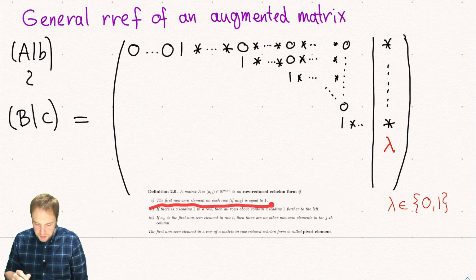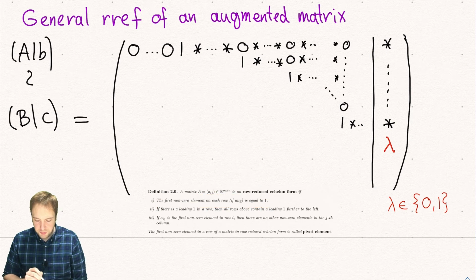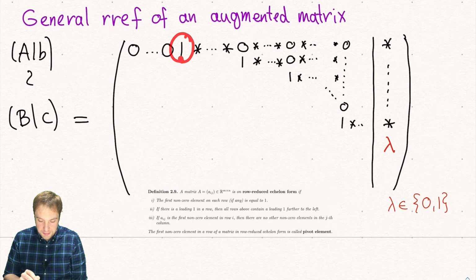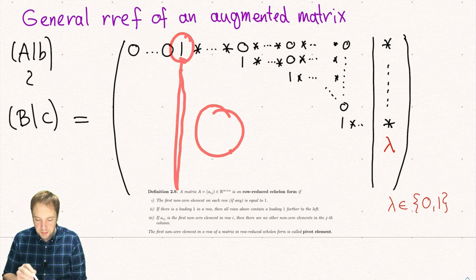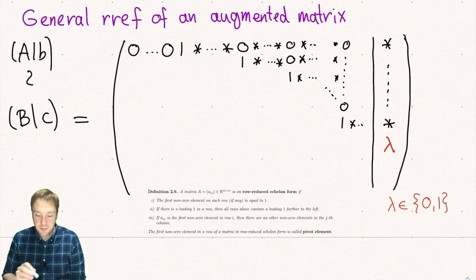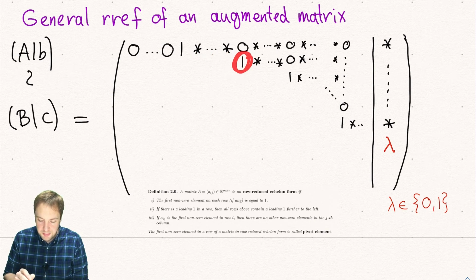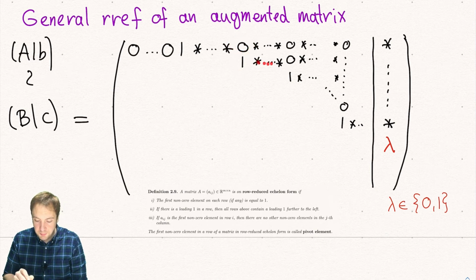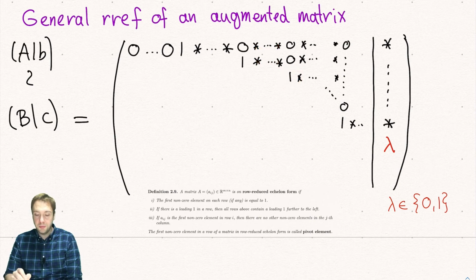So because of the first condition here, the first non-zero element in each row is 1. Here we have the first non-zero element in the first row, and there can also be nothing else in this row, but everything here is 0 anyway. Then at some point there will be the first non-zero element in the second row, but then there's nothing here in the same column. But there can be something here in the first and the second row, until the point where in the third row there's the first non-zero element, but there are no